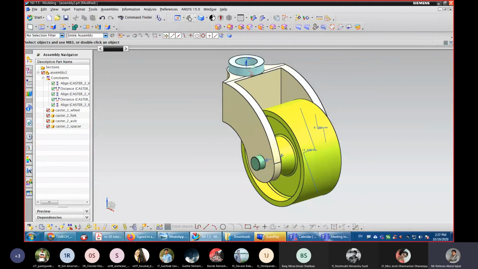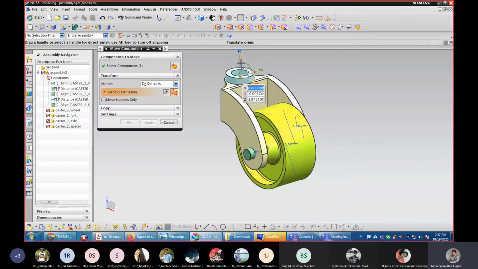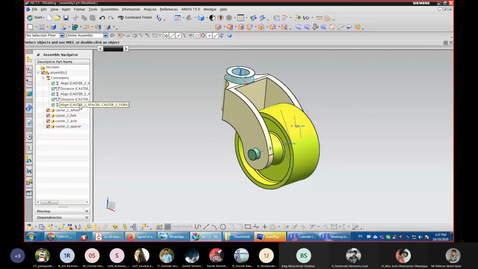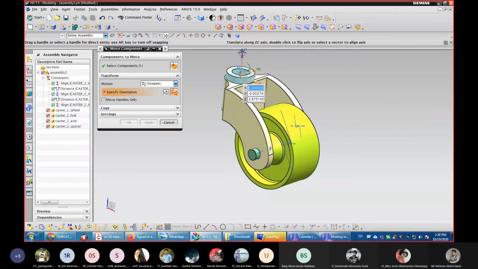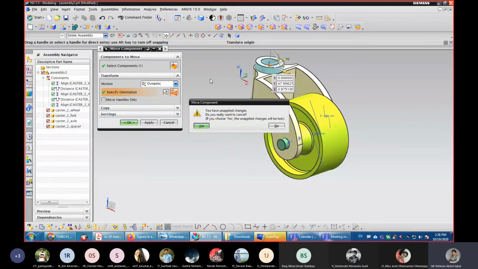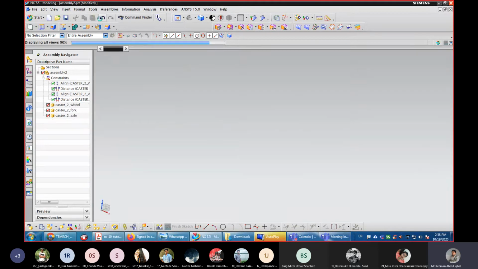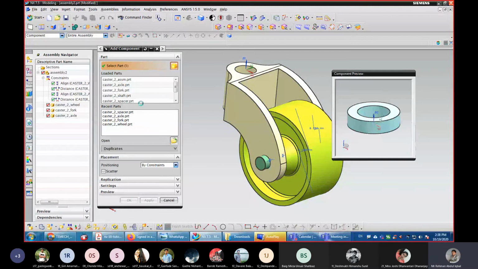It has been aligned, okay, but it can move, ये vertically move हो सकता है। You move it in the direction, I don't know why it's happening. We will redo this spacer, click OK.